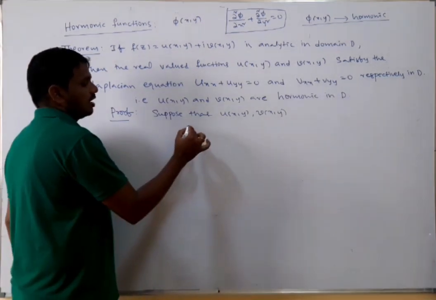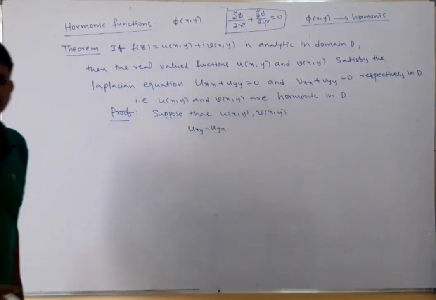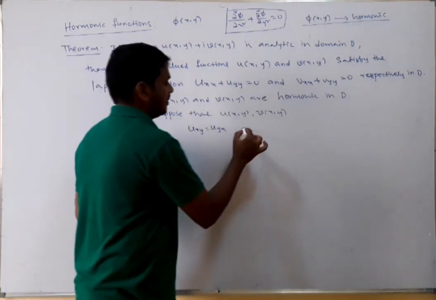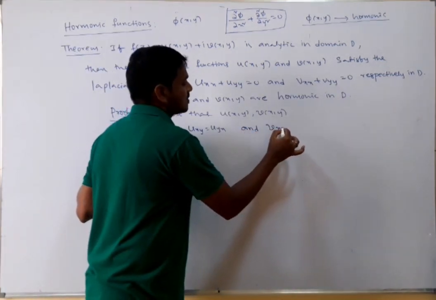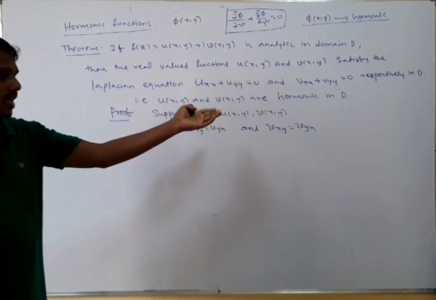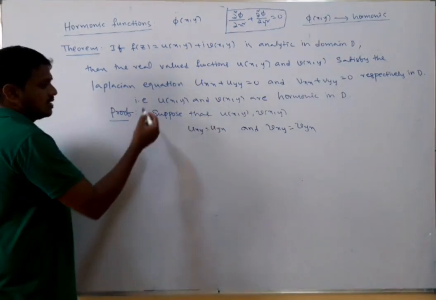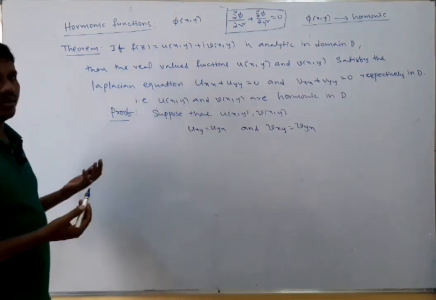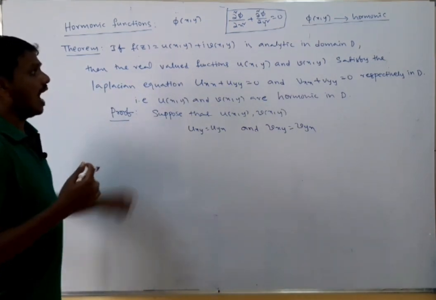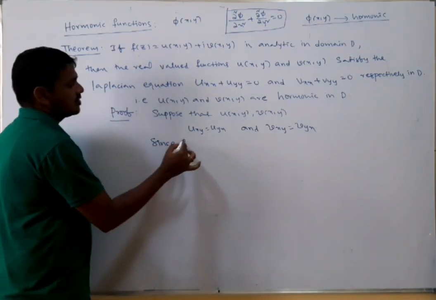From this what I am writing, uxy we can write as uyx. ∂²u/∂x∂y is equal to ∂²u/∂y∂x. And vxy is equal to vyx. Is it clear? ∂²v/∂x∂y is equal to ∂²v/∂y∂x. Now, since u(x,y), v(x,y) have continuous partial derivatives, the first order partial derivatives exist. Then the function is analytic. Since f(z) is analytic,